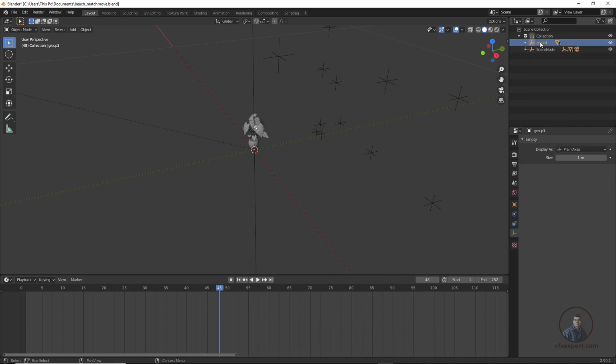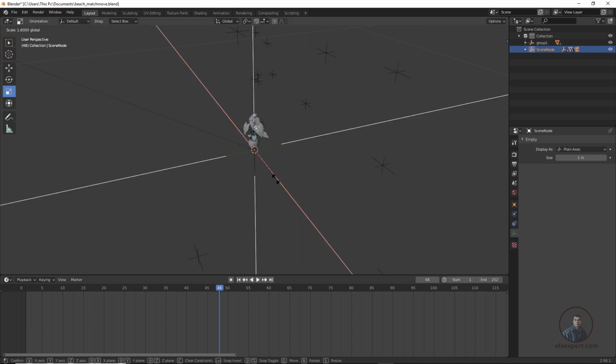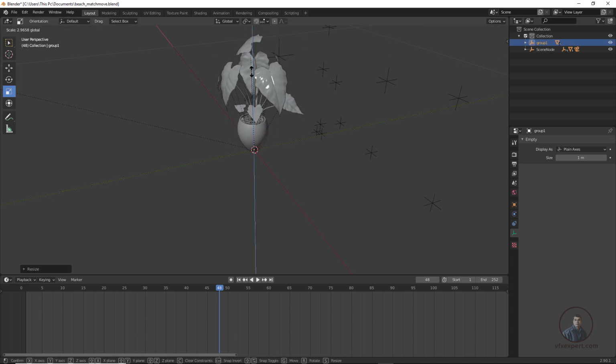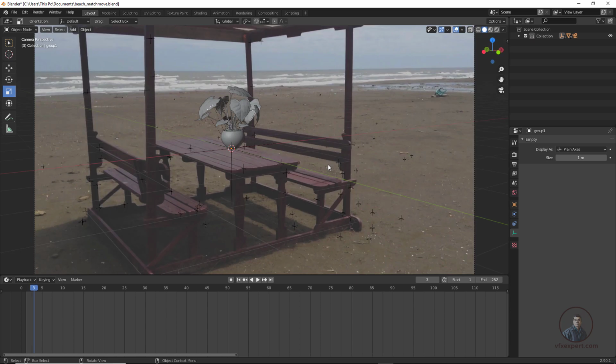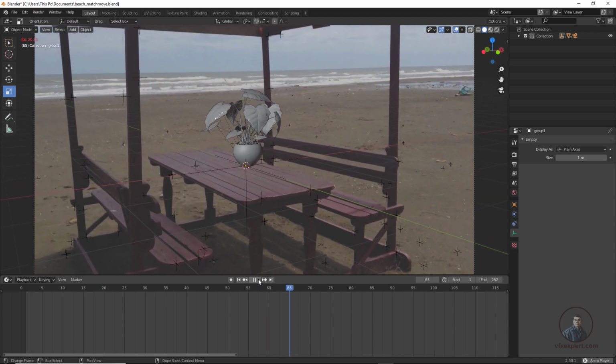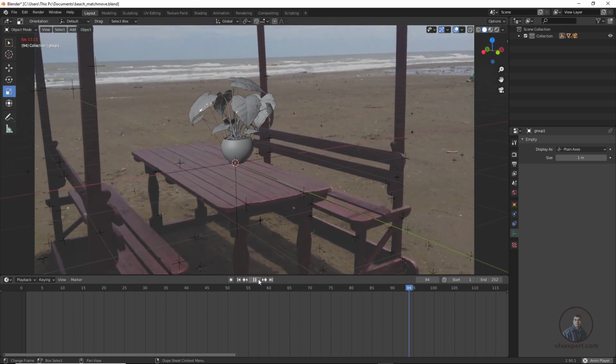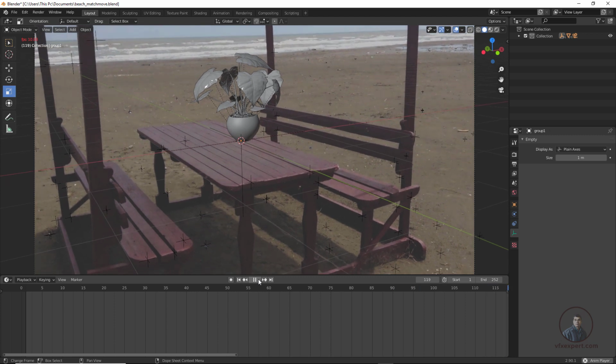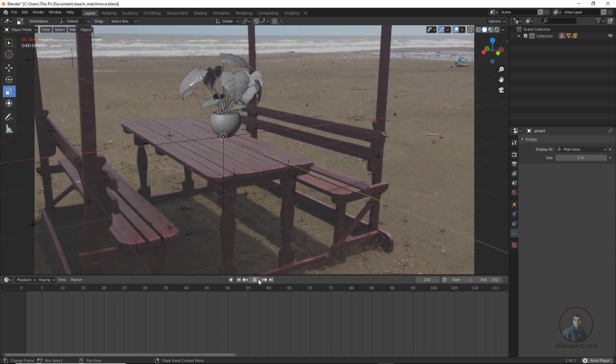I think this one here, then simply scale a little bit. You can scale uniformly. Now again press numpad 0. Now play and check. Now you can see. Here I have imported our model and placed it in our scene. Till here I have completed our scene.